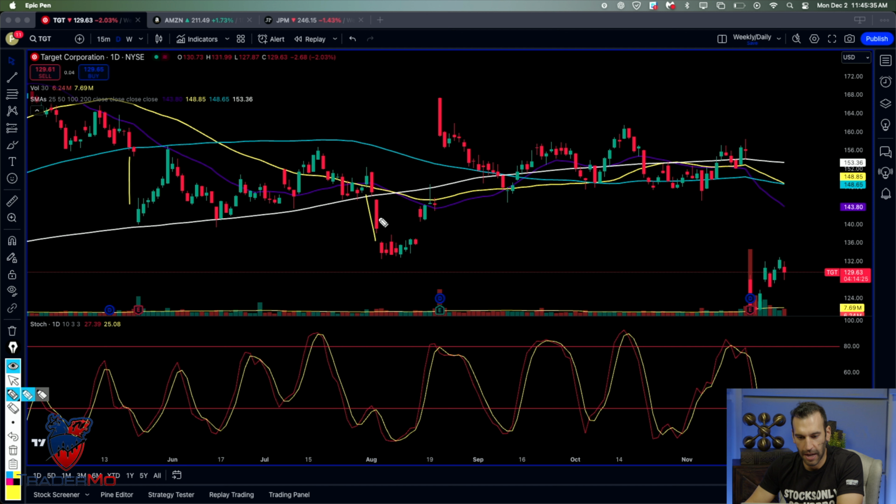Here is price action. So if we look at this Target chart, you see you have these big moves down in price, big moves up in price. Yes, some of these are on earnings, but some of them are not. Big moves down in price. Now, what do you notice about these? Well, what happens in the subsequent days after that big move?